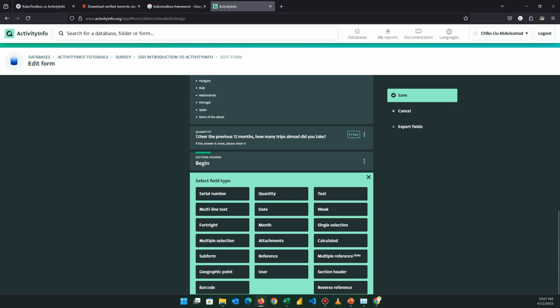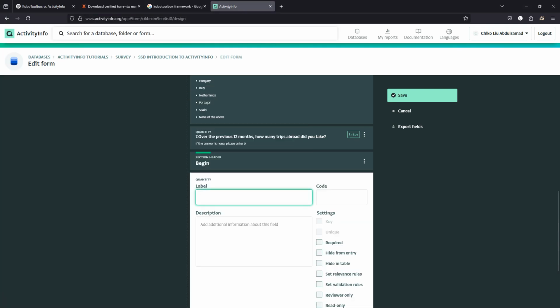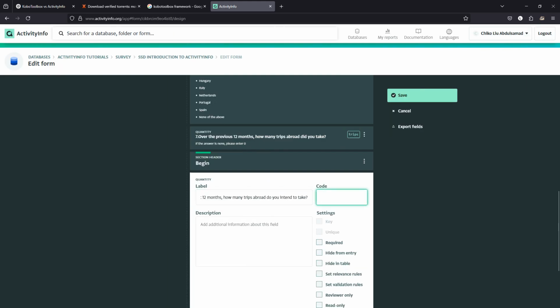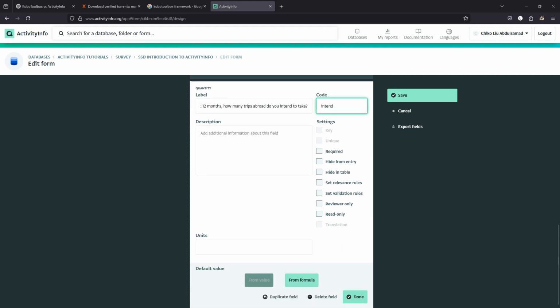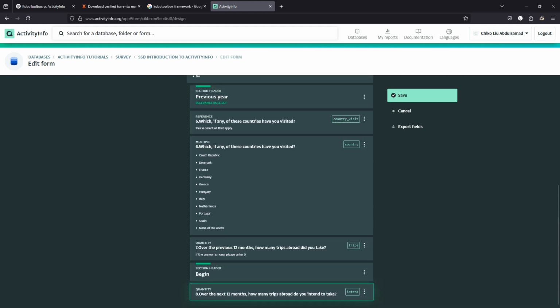I think it's a select one. Oh no, so it's just quantity. So I'll just say this. No, control V. No, control V. This is bookmark. I'll just say indent here, and so I'm just going to put, maybe should I enter a default value? Not really. Let me enter a default value 0. Now the next field will be